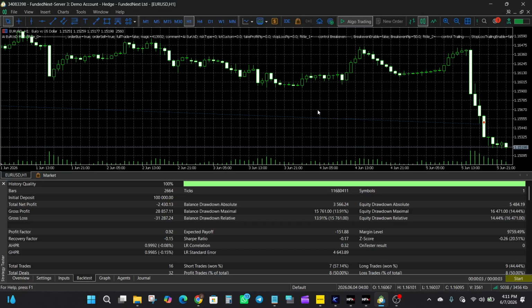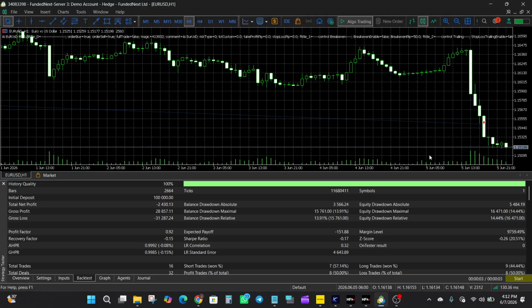But as always, historical backtest results should be viewed as historical analysis rather than an indication of future performance. Results can vary significantly depending on risk settings, lot size selection, broker execution quality, spread conditions, slippage, market volatility, and user optimization. Overall, the AI